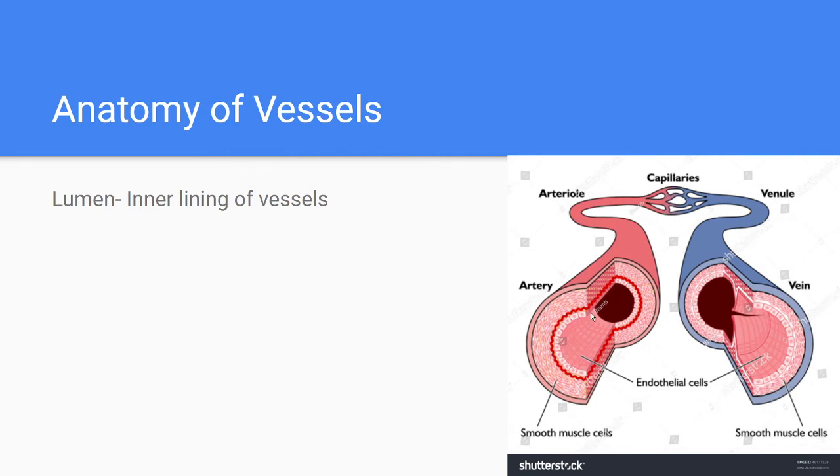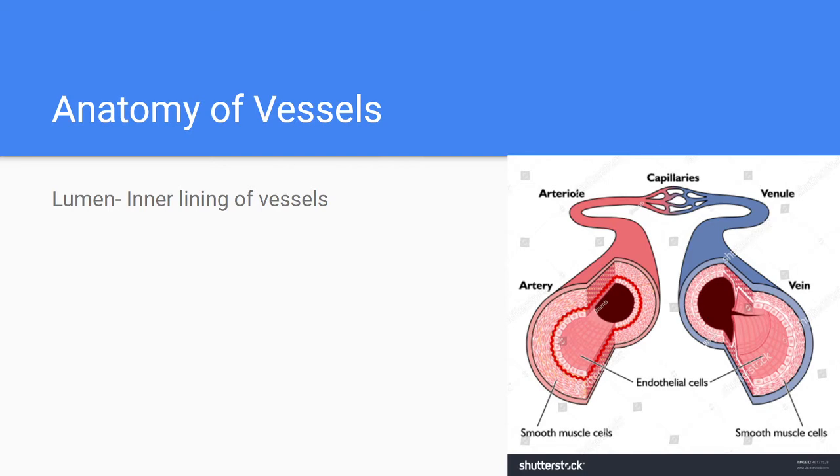A big thing you really need to take from this is your lumen, because a lot of this will be discussing things like atherosclerosis, I think it's called, which is basically plaque buildup in your veins. There are many other things that can happen also, like the hardening of the veins and all that kind of stuff. The big one we're looking at is plaque, because that will apply a lot more to your neurological and your,